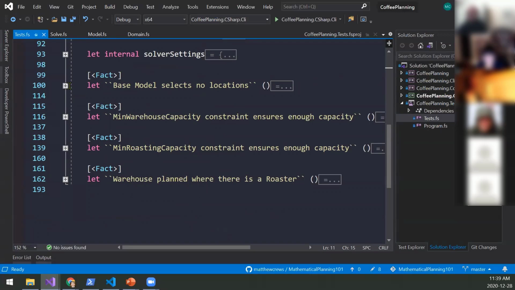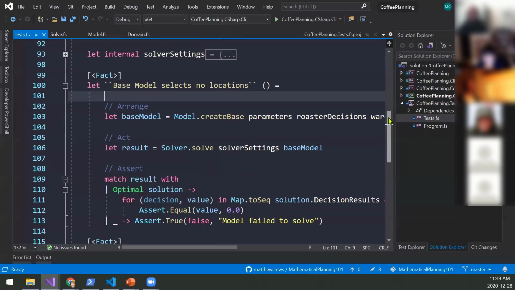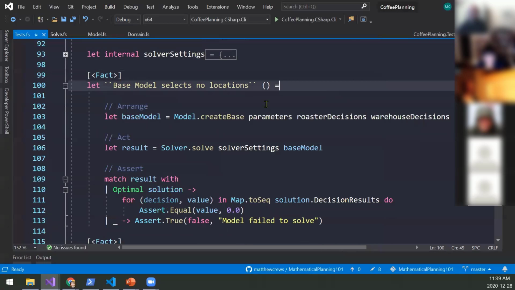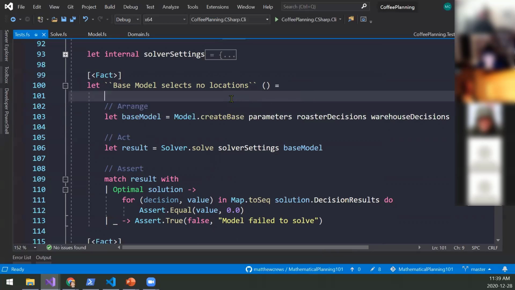I have four different tests here. How does this work? I really like the arrange, act, assert paradigm for writing unit tests. So, a nice long name saying, base model selects no locations. Because if the model formulation is correct, it's trying to minimize its costs, so it's not going to do anything.